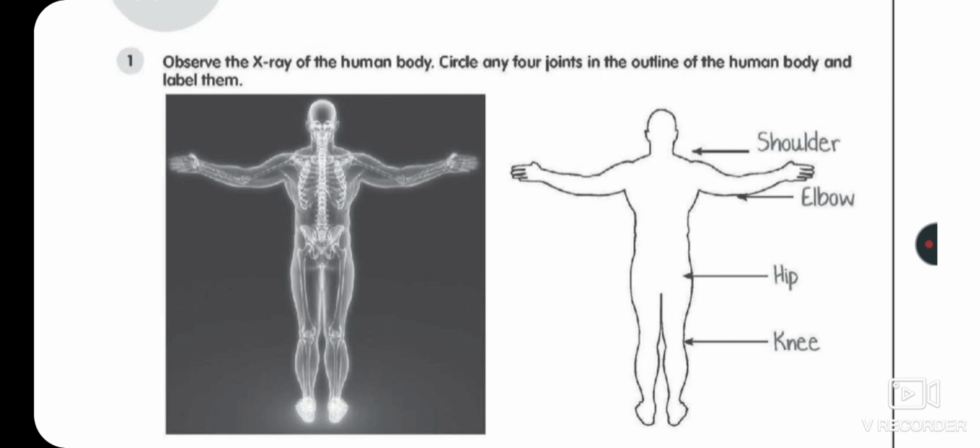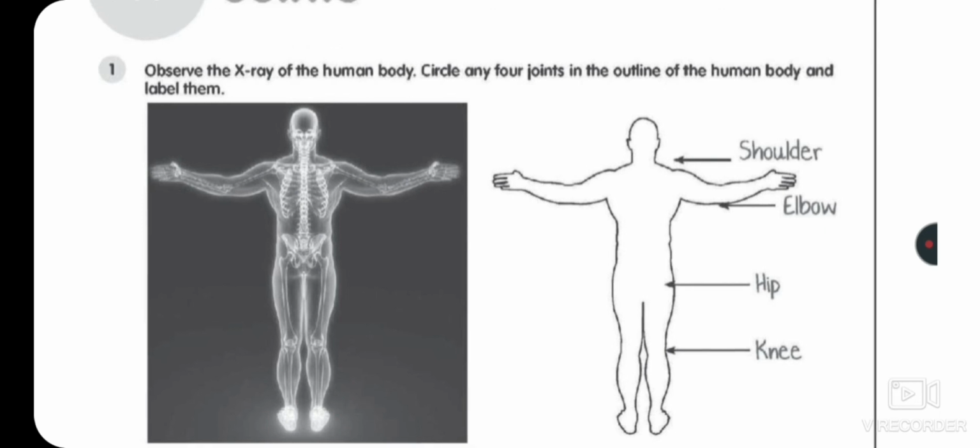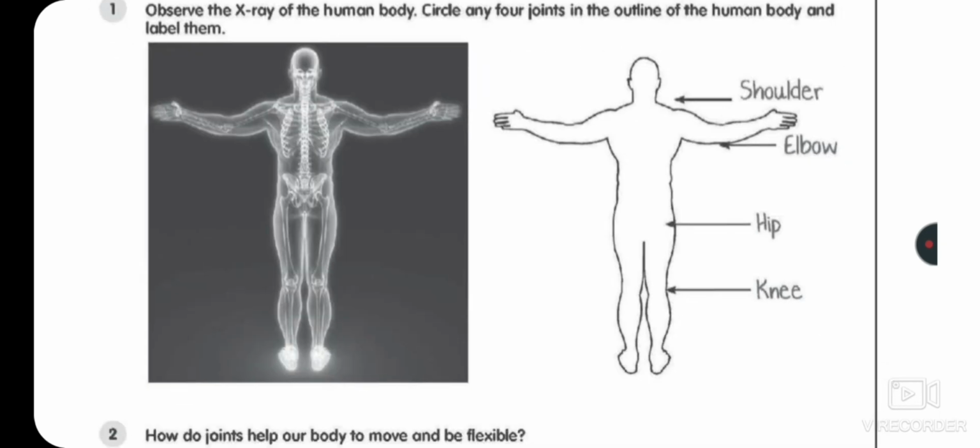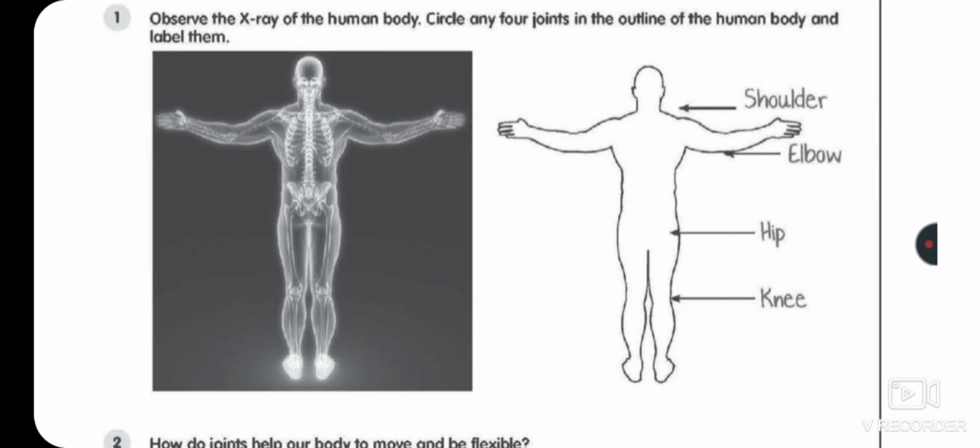As you know, if we get injured or doctors want to examine our bone, then we have to get our X-ray done, right? So that's why there is the need of the X-ray. If we want to see any injury in our bone, then we have to get our X-ray done. So children, this is what? This is shoulder bone, this is elbow, this is hip, this is knee. These all are joints present in our body.